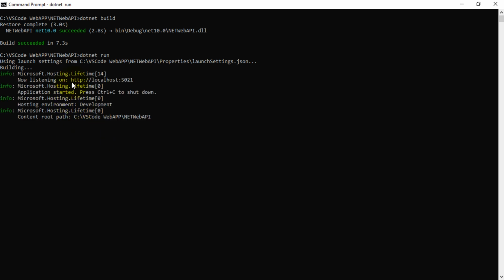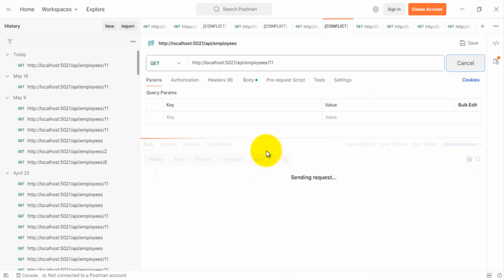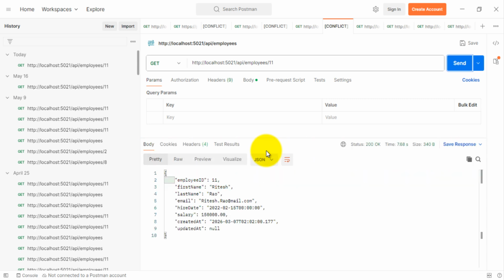So here guys, my .NET Core API application is running successfully. I'm getting the URL listening on port number 5021. So make sure whether it is running or not. I'll go to the Postman tool. Okay, and this is the endpoint, http localhost port number, api employee, and the ID value is 11. So I need to check whether I'm getting the response or not for employee ID 11. So I'll click on send request. So see here guys, I'm getting a successful response from the API,